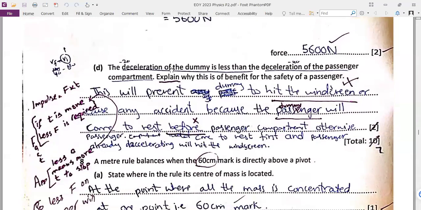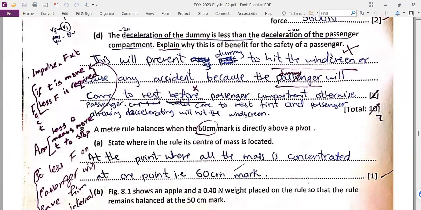And then the deceleration of the dummy is less than the deceleration of the passenger. Explain why this is of benefit. Well, this will prevent the dummy from hitting the windscreen, or, well, the dummy will come. Well, I have given feedback. The student seems very confused here. So look, impulse is force times